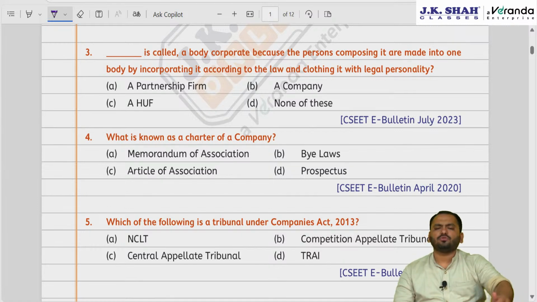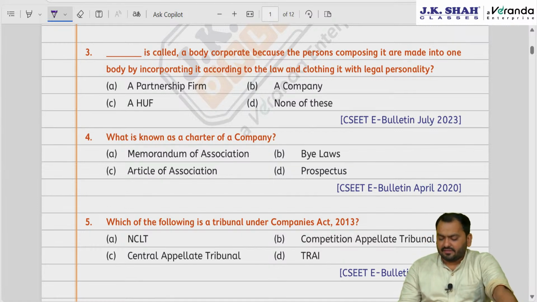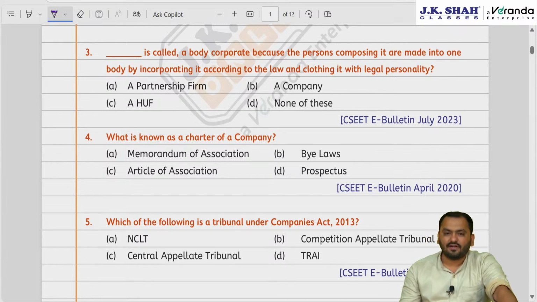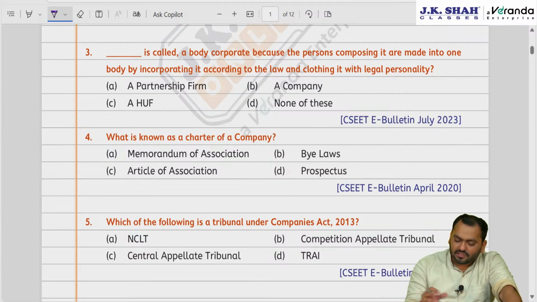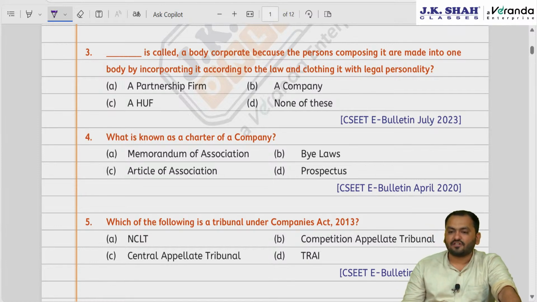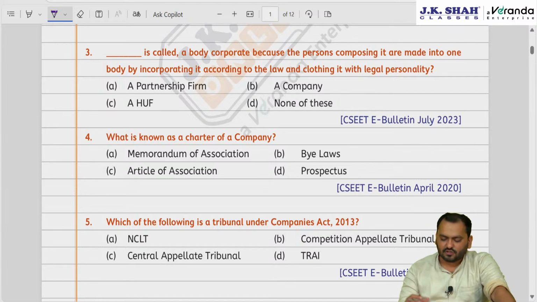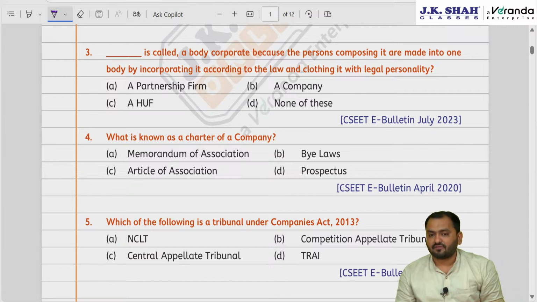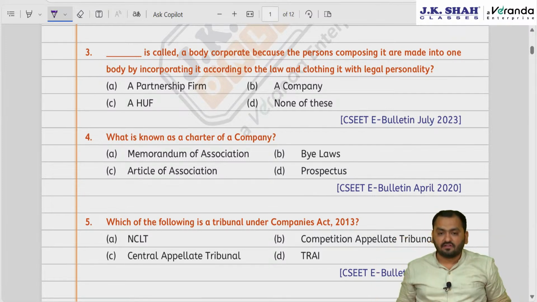Now you know friends, there are two things. Firstly, there is something called a company, there is something called a sole trading concern, there is something called a partnership firm and HUF also. When you compare all these forms of business, you know the features of a company. The features of a company say that a company is a separate legal entity, a company has a corporate personality, and once the company is registered, then the company gets its own existence and so on. Yes or no? So all these things we understand, right?